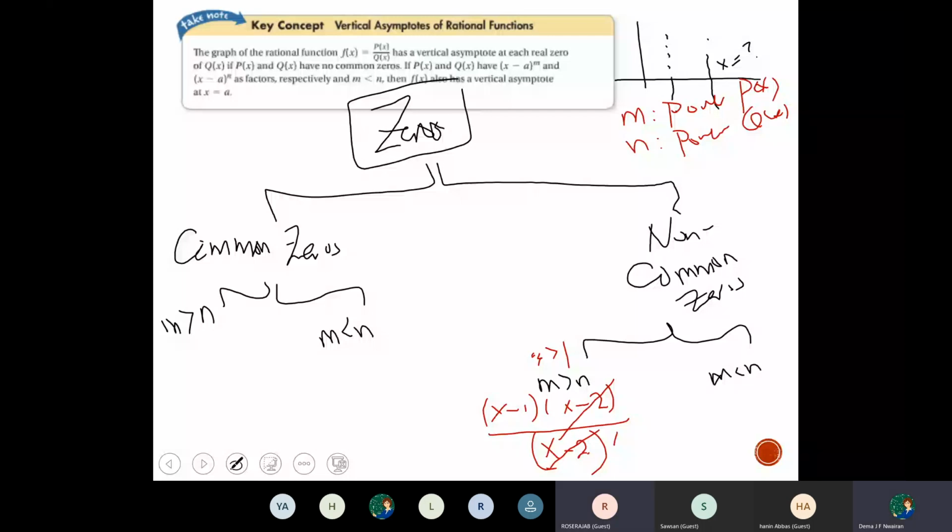You said this one here is common zeros, yeah? Yes. No, this is. I'm sorry. Okay, sorry. This one is for common zeros. Here is for non-common. So for common zeros, they were simplified. So I will say for this one here that there is no vertical asymptotes, but there's a point of discontinuity